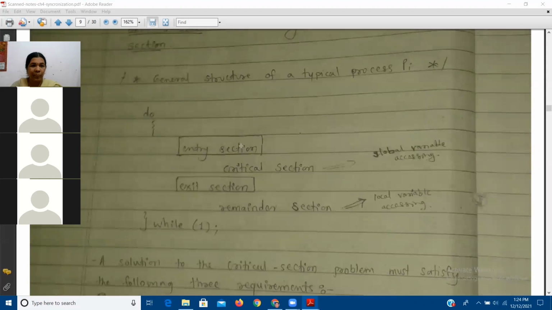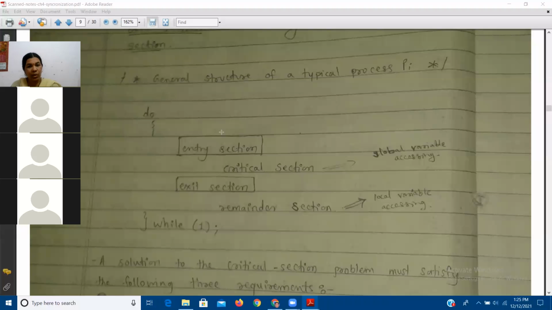So each process enters in the entry section, checks the status of the resource. Which resource? That is the global resource or common resource. If it is free, it enters in the critical section, because after the entry section, the critical section is there. Otherwise, it will be in the entry section waiting for the critical section. And once the work inside the critical section is over, it comes to the exit section. That is nothing but releasing the resource. Entry section is nothing but requesting the resource, and exit section is nothing but releasing the resource.